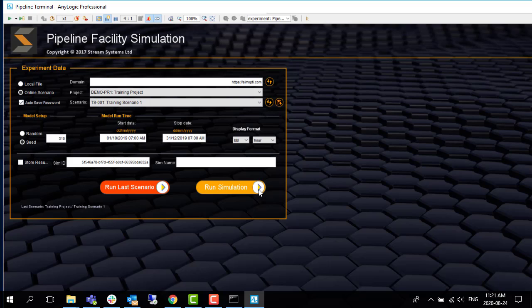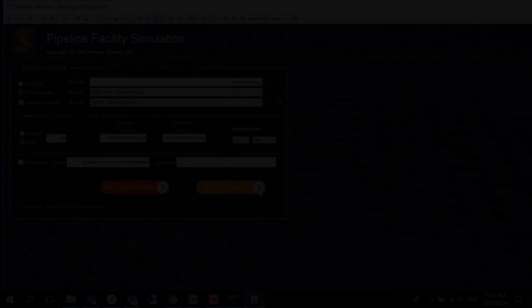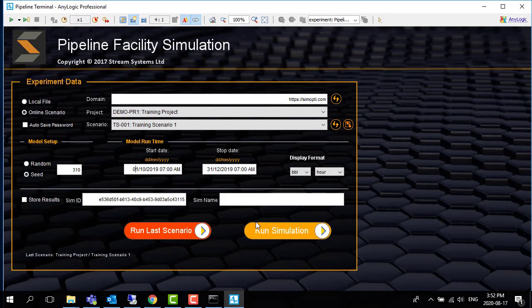But first, let's take a look at some additional features on the front page of the Standalone Engine. We can also customize the start date and stop date of our simulation, and we can select the display format for the volume per time interval. For this scenario, we'll stick with barrels per hour. On the left-hand side, you can either set your own custom seed, or you can have a random seed generate